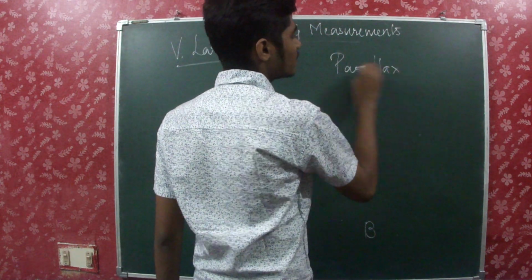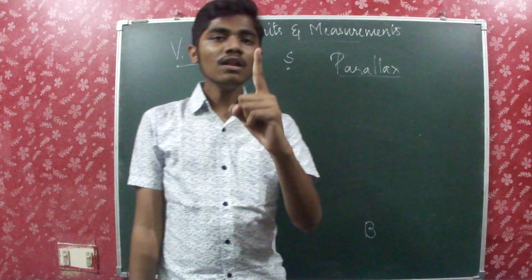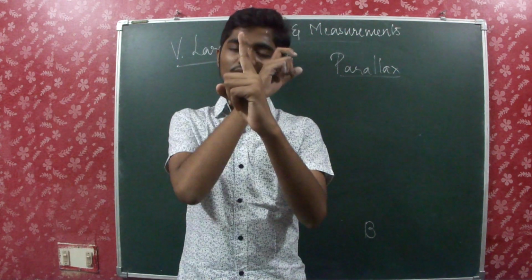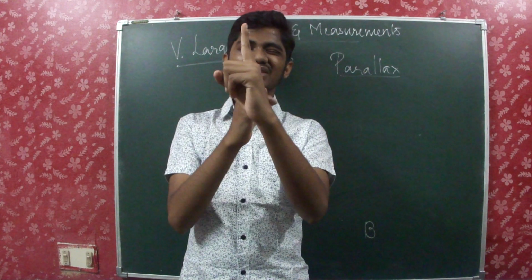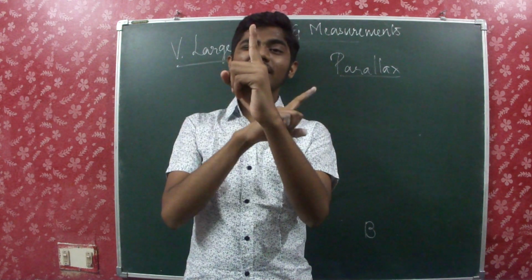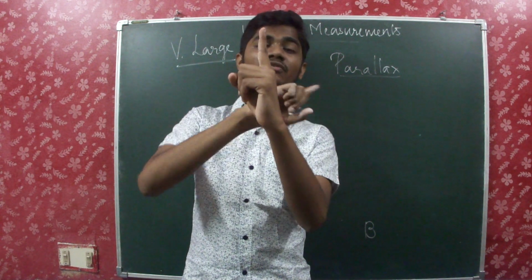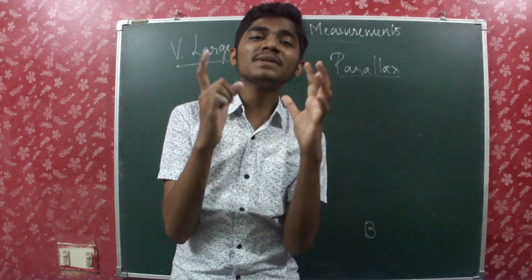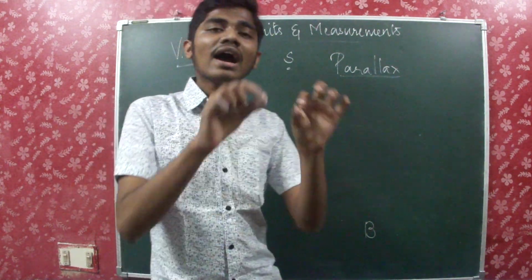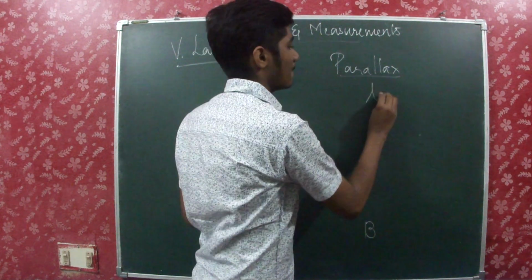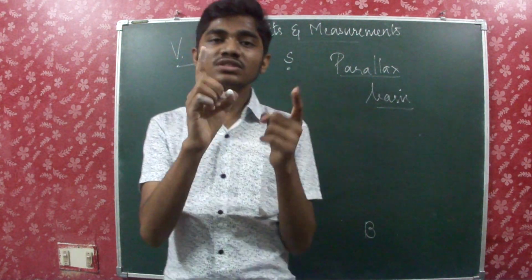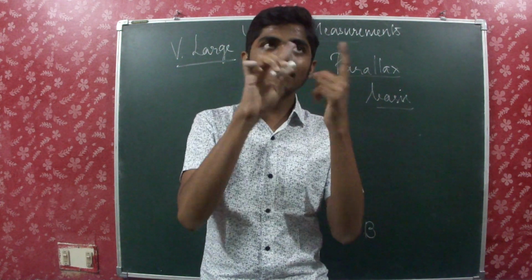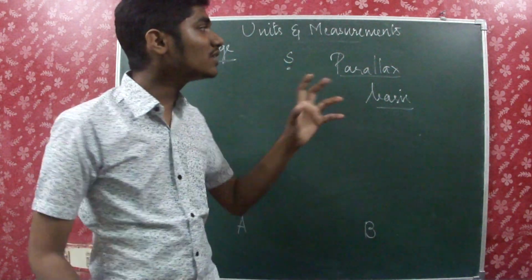So what is parallax? That we have to know first. Parallax. For example, I am seeing my finger, I am closing my left eye, and I am just viewing it with my right eye, and then I am closing my right eye and viewing it with the left eye. So there is a kind of displacement that has taken place. Am I right? When you close the left eye, it will be in one position, and when you close the right eye, it will be in the other position. So this kind of a movement, this kind of a displacement in its position is termed as parallax, and the distance thus formed is known as basis. And in this case, which I did with my finger, the basis is nothing but the distance between the eyes. Okay, so this is what is known as parallax.